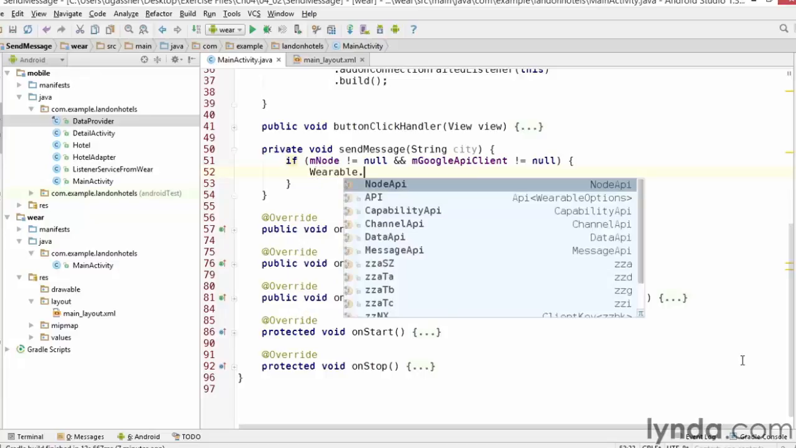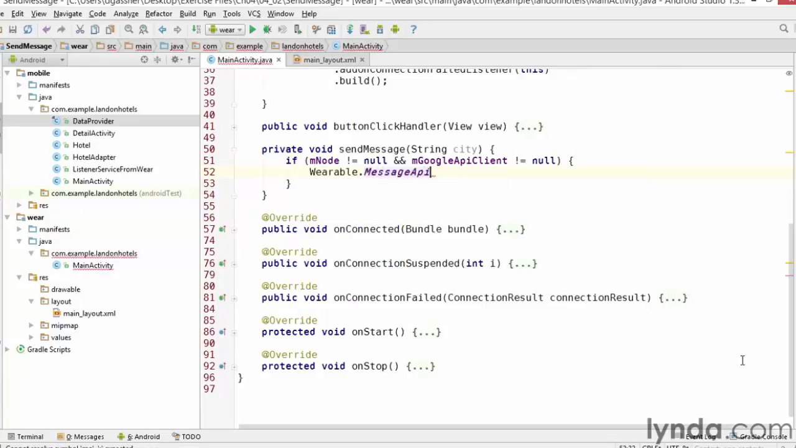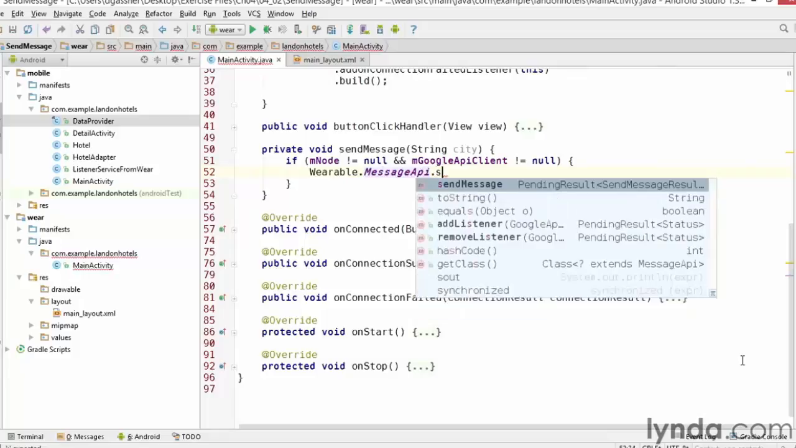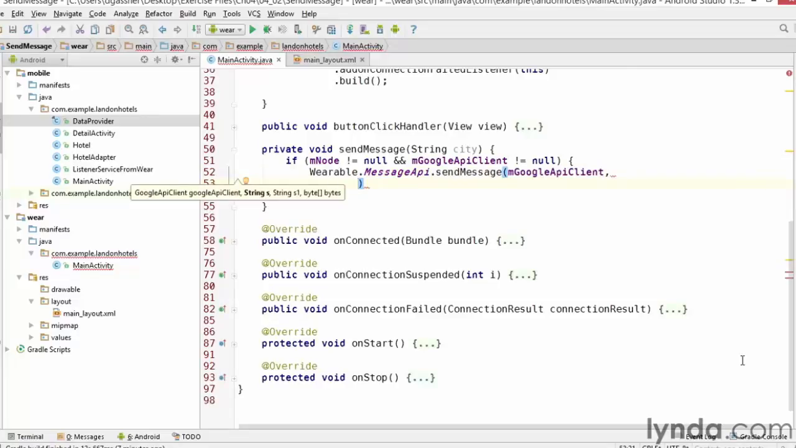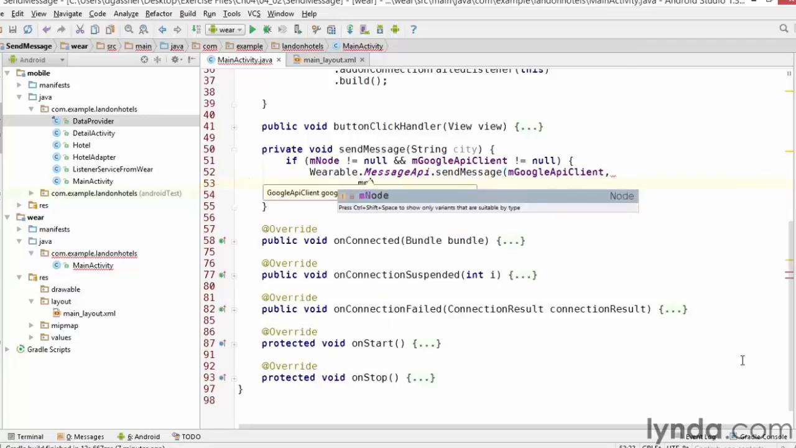I'm going to use the class Wearable.MessageApi, and I'll call a method named sendMessage. The sendMessage method takes 4 arguments: the Google API client, 2 strings, and a byte array. The API client is easy. That's my mGoogleApiClient field. Now the second argument is the identifier for the node you want to communicate with, and you can get that from